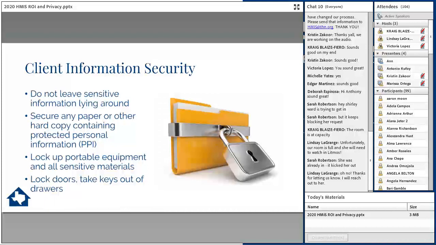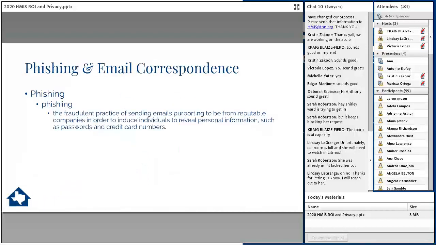All right, so I'm going to go into phishing in email correspondence. So I think by now everyone has probably seen an example of a phishing email.